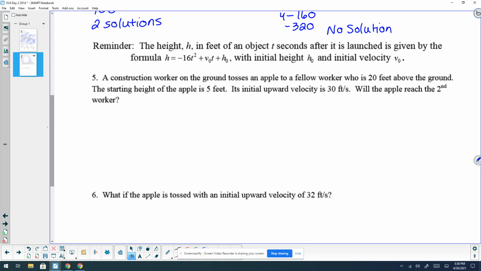Okay, so a construction worker on the ground tosses an apple to a fellow worker who's 20 feet above the ground. The starting height of the apple is 5 feet. Its initial upward velocity is 30 feet per second. Will the apple reach the second worker? I still would like to